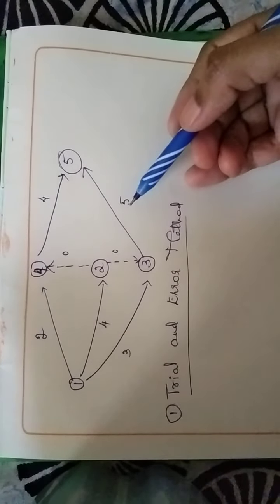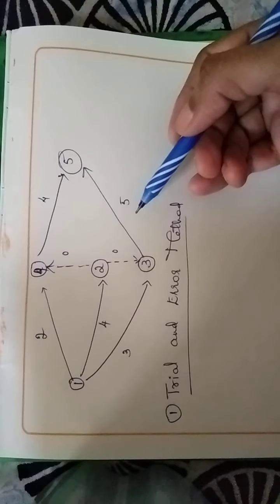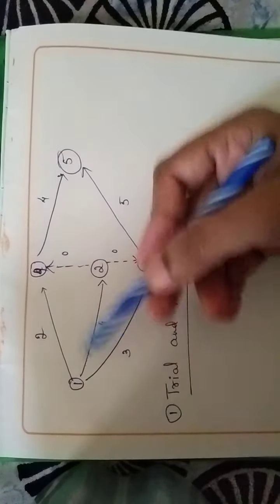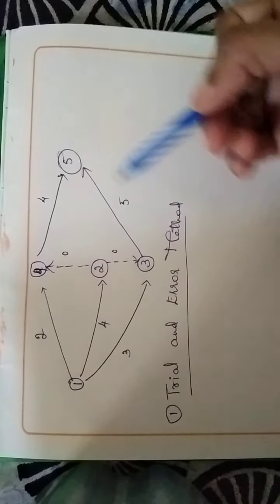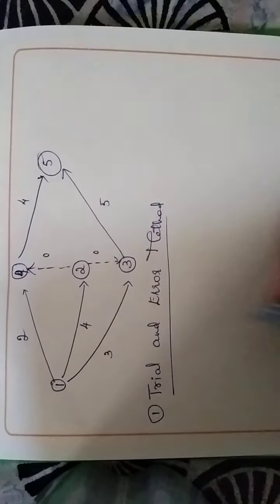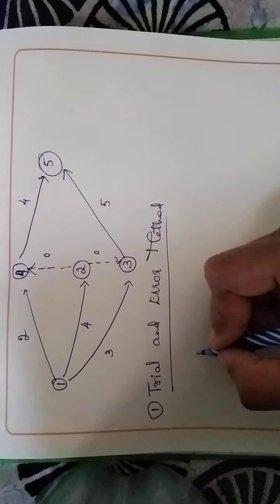I will start from the previous lecture. So now we have to calculate the critical path under the three methods. First thing that we do is we have to draw the network diagram like this, and then let us work out the trial and error method to work out and calculate the critical path.